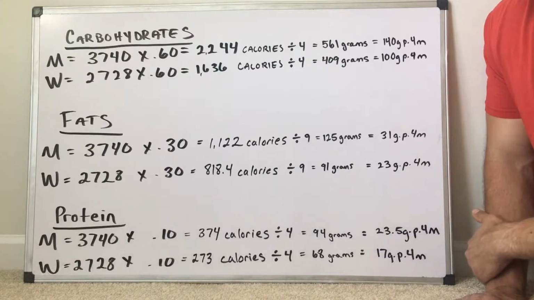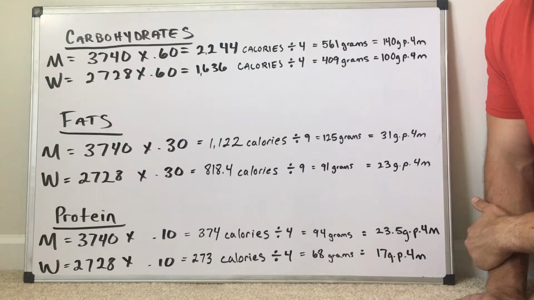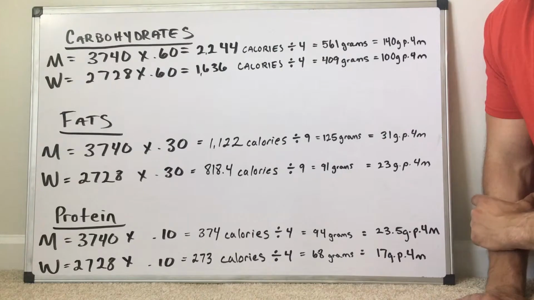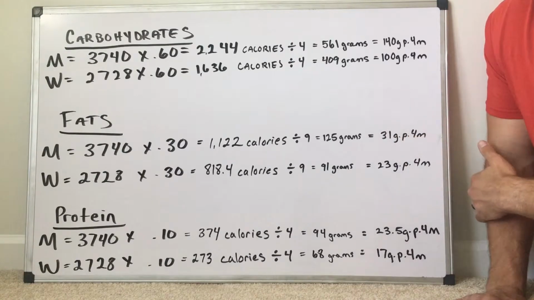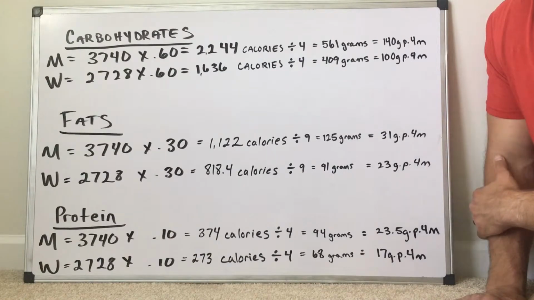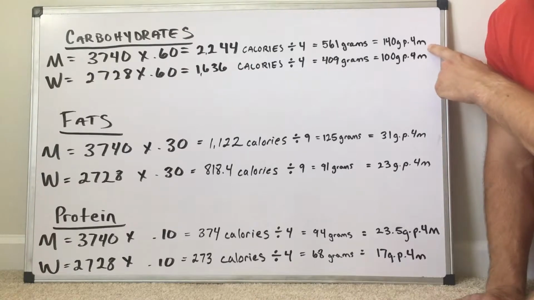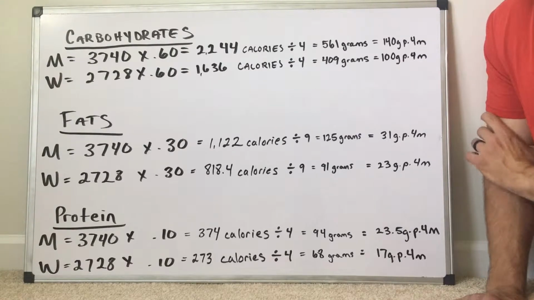So what we do is divide that by 4, and we get 561 grams. So there's 561 grams of carbohydrates, and 2,244 calories of carbohydrates. So 60% of our daily recommended intake should be carbohydrates. So taking 3,740 and multiplying by 0.60 is getting 60% of our carbohydrates, which is going to be 561 grams. And if you eat 4 meals, it's going to be 140 grams of carbohydrates. So we're looking to try to get 100 grams of carbohydrates that are complex and about 40 grams that are